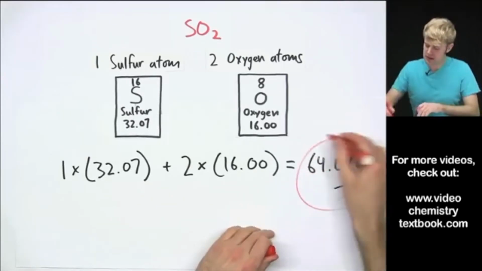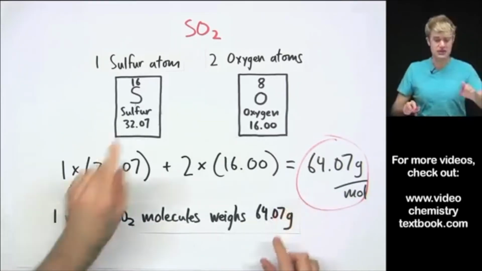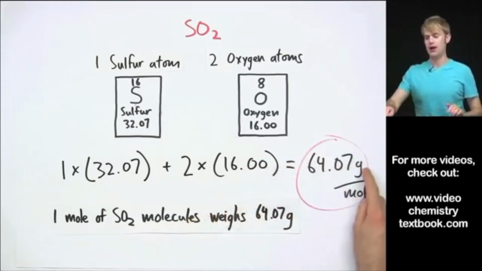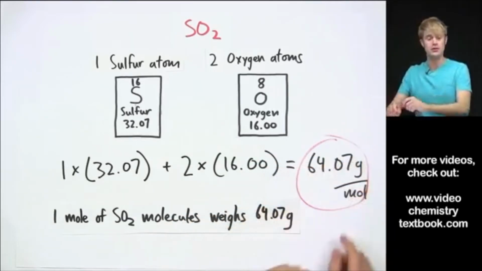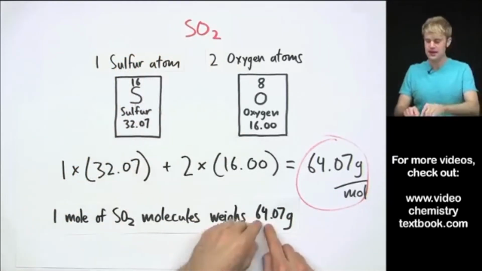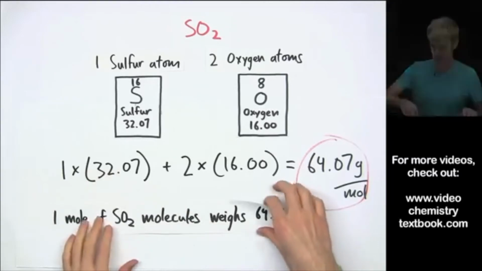Now, what this means is that 1 mole of SO2 weighs 64.07 grams. That's what this grams per mole means. So, how much does a mole of SO2 weigh? 64.07 grams. Let's keep going. Okay,